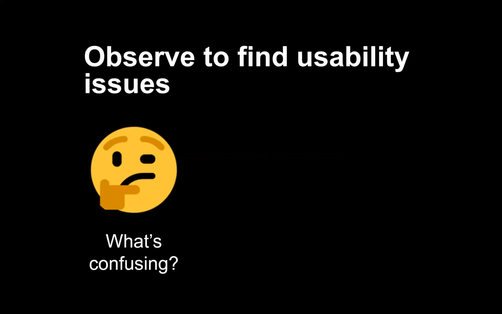So during this testing process, we've repeated each scenario with about 5 users, and we learn about the tool. We learned what's confusing. So what did we think was straightforward, but maybe wasn't so straightforward? Does the user understand what a chart means? Or, we've had comments like, there's just too much on the screen. I don't know what to look at first. This is that whole thing about focus that Hobbs was talking about. We've also gotten questions like, what's the difference between this filter and that filter? Because the labeling was close enough, but it wasn't completely clear to the user.